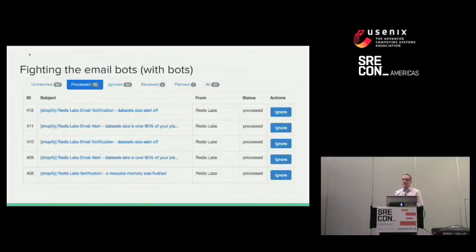The next thing we did with it was being able to fight the battle against email robots. Email is a terrible, terrible way of alerting, right? But we have a lot of third-party systems, I'm looking at you, Redis Labs, that use email to tell us when things are broken. And that's just one example. There's a bunch of different systems. So what we do is we have our service database intercept these emails, and then it categorizes them and decides whether this is actionable or not. If it's not actionable, out the window, and if it is actionable, it routes it to the appropriate team that owns it right now, so they can respond to it.